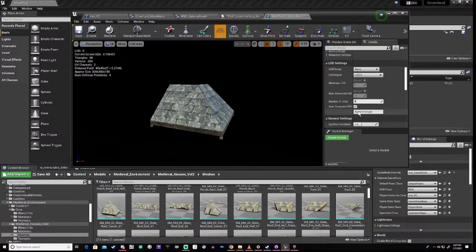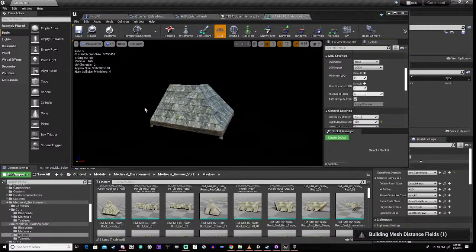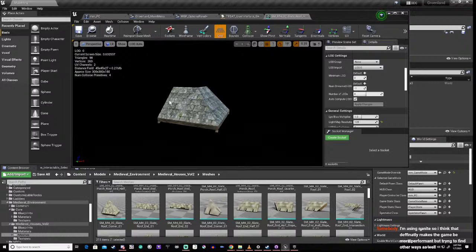And then apply changes, right? Now watch what happens. This is 98 triangles, 260 vertices, right? But when we zoom out now,